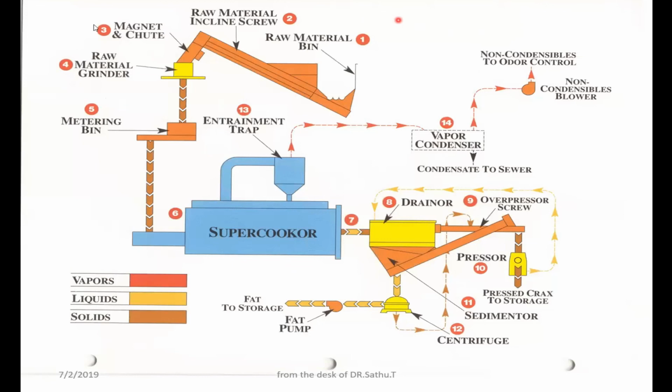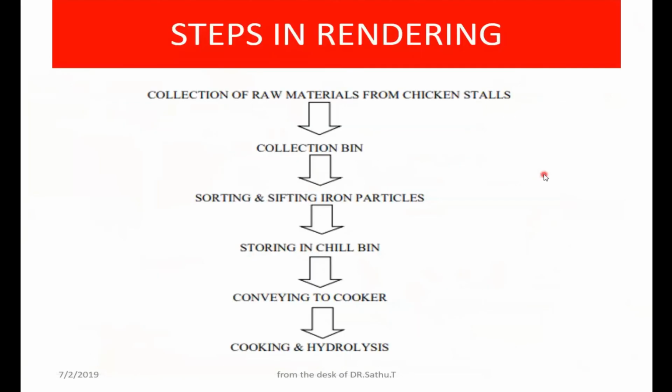So here, what is happening in the complete process? You can see the raw materials coming. They go into the cooker, then the percolator tanks. The fat will be separated, and the further fat present in the cracklings will be removed by centrifuge, hydraulic press, or screw press. Then it goes to the hammer mill. So step by step, I want to conclude here.